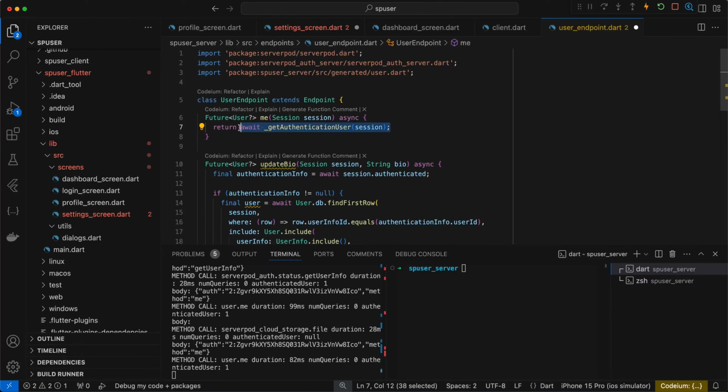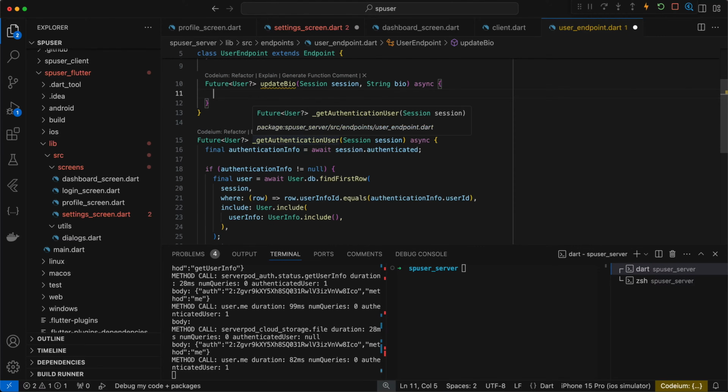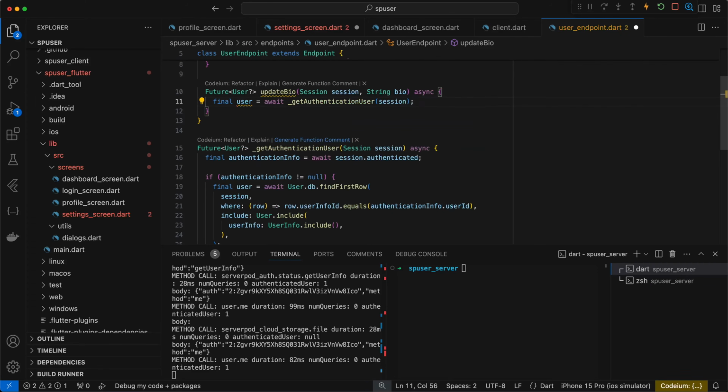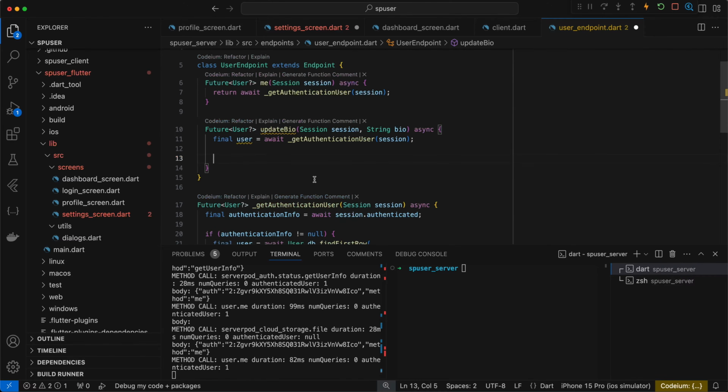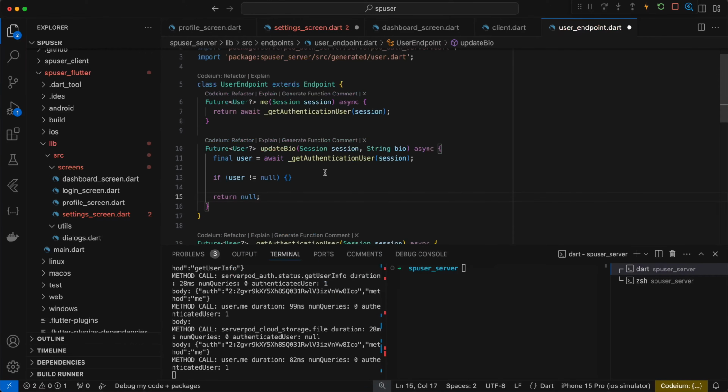Now we can also use the same thing in our update bio, at least to get started. We can go final user equals get that user. Right? And we can go if user does not equal null, we'll do something. Otherwise, at the very end, we'll return null if we don't actually get in here. And then right in here, the main difference is we want to update the bio. So all we really have to do here is